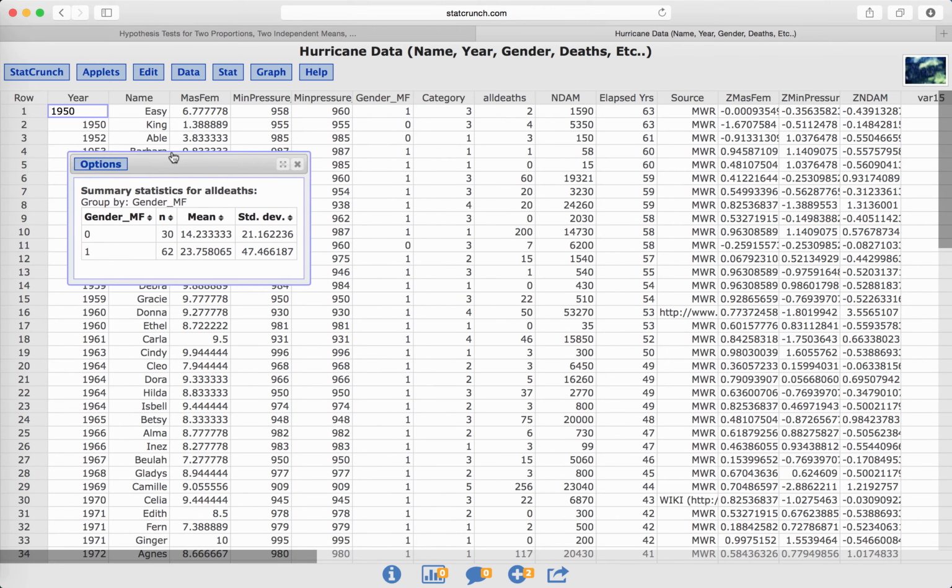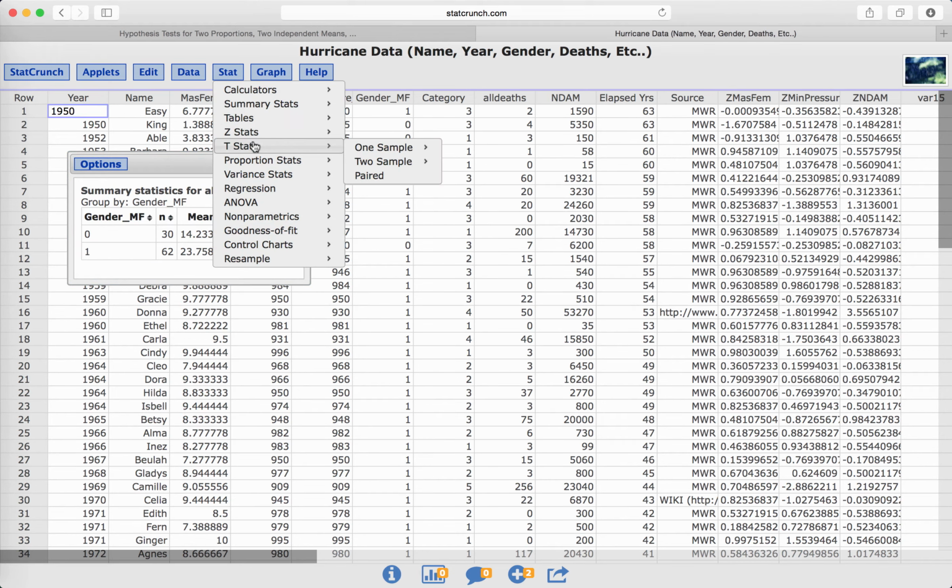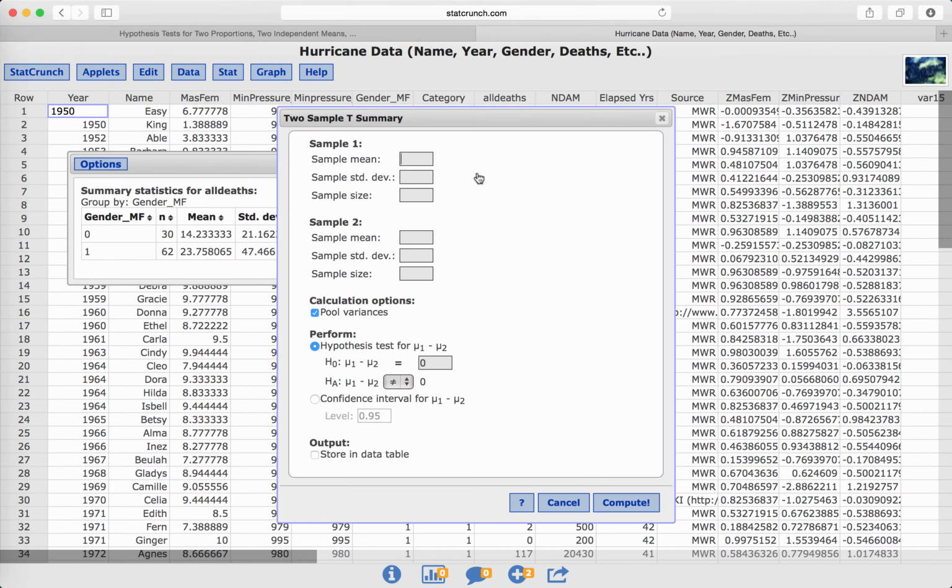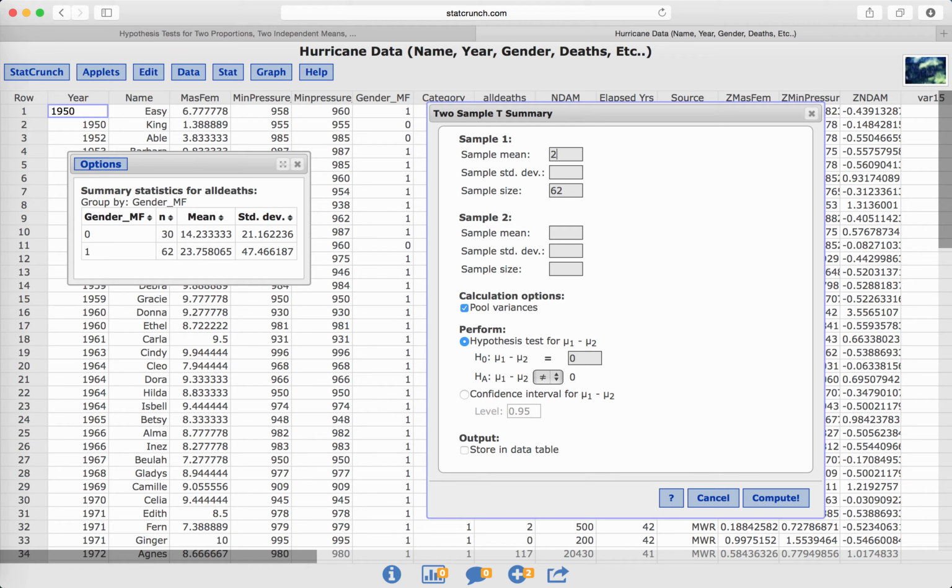Now that I have these, I can go into Stat, T Stats, Two Sample, With Summary, and plug these in. My first sample, remember, we had our X1. That was the female-oriented names. So if we look over here to the summary statistics, that was when the gender MF column was a 1. So we had 62 hurricanes that had a female name. The mean number of deaths for those hurricanes was 23.758. That should be good. And the standard deviation was